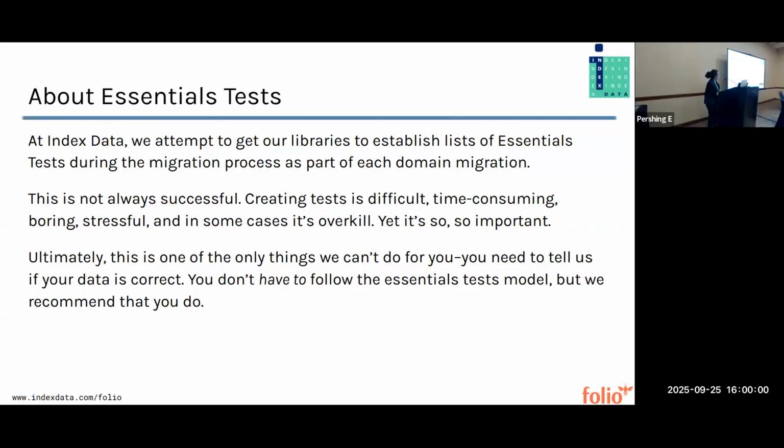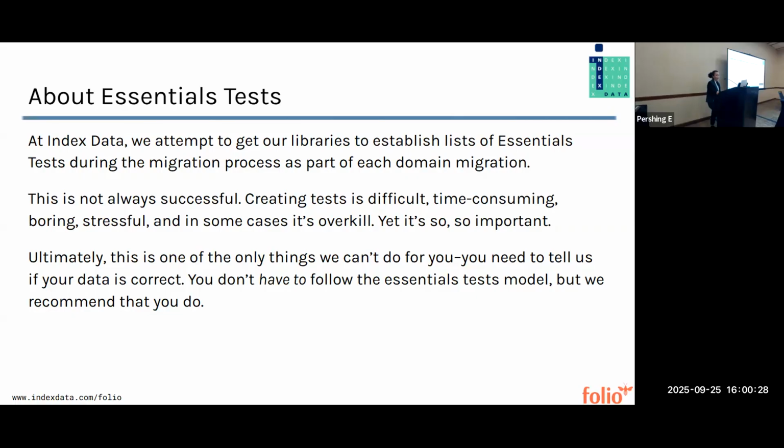But people really don't like doing this, and I understand why, because it's hard and it's boring. And in some cases, it's actually overkill, right? If you have a really simple scenario, maybe you actually don't need to do this type of test. Maybe you are very convinced that your data is fine, and you would prefer that I stop bothering you about it. However, as a project lead on migrations, this makes me so nervous because